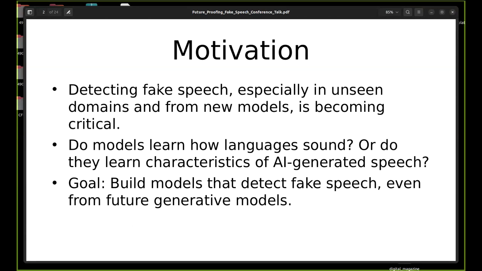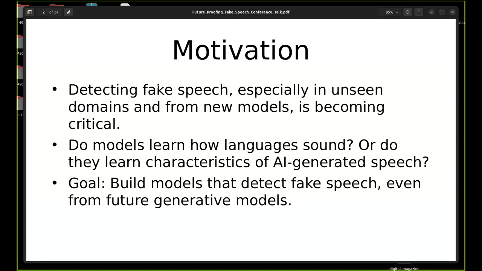This is actually a follow-up on my previous work, which was focused on fake speech detection at English speeches. Now, with this work, I extended the language scope from only English to almost 50 other languages. Throughout the presentation, I will answer questions like, do models learn how a language is spoken and how generative models speak that language, or do they learn a specific trait of human speech and generated speech regardless of the